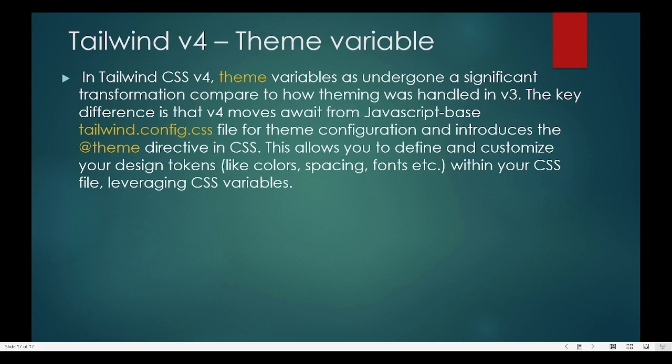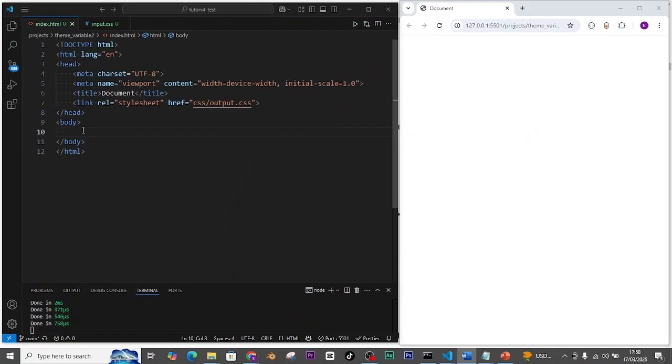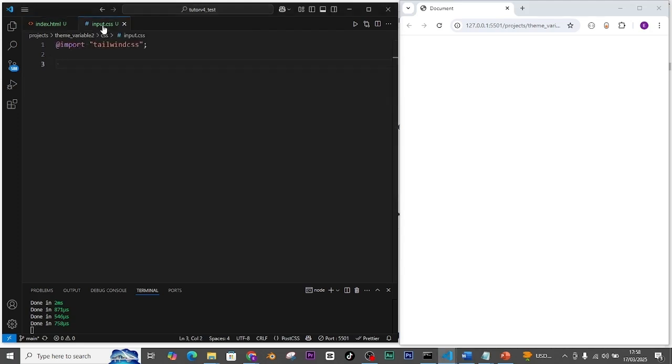This allows you to define and customize your design tokens like color, spacing, fonts within your CSS file, leveraging CSS variables. Theme variables are special variables designed for CSS. They are defined inside the @theme directive inside your input.css file. Let's put that in here. You say @theme,